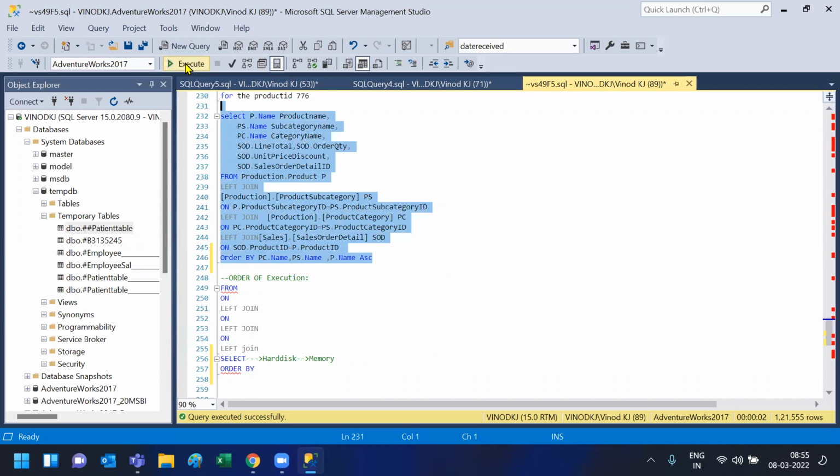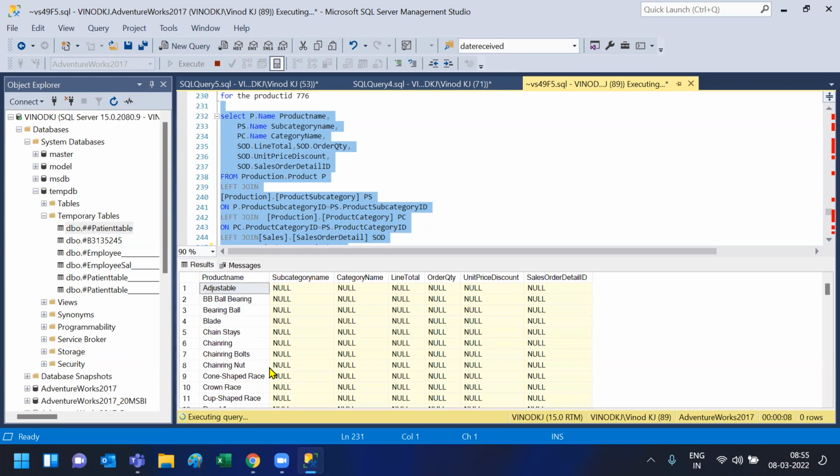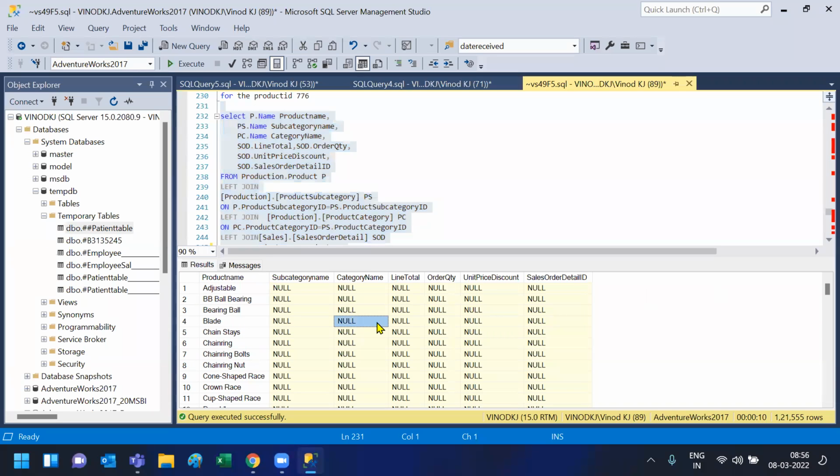Okay. So if you go and check, see, now it's taking a bit of time, correct? Earlier I used to get the data much faster, no? Now it's taking a bit of time. It's because of ORDER BY. Because it has to sort the data, right? Yes, so that's why. So now if you see, all the nulls came to the top when you do the ascending. Now when I go down,